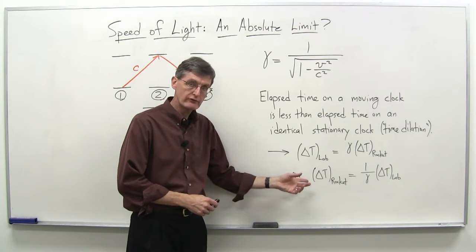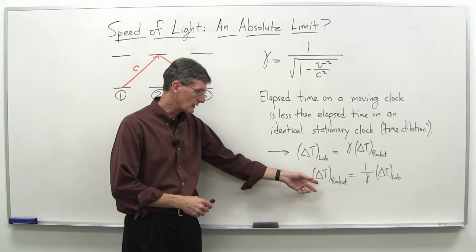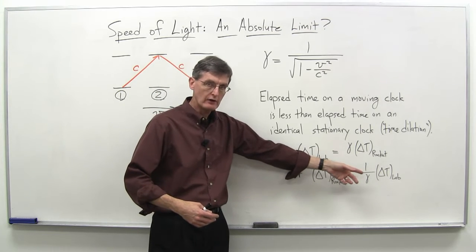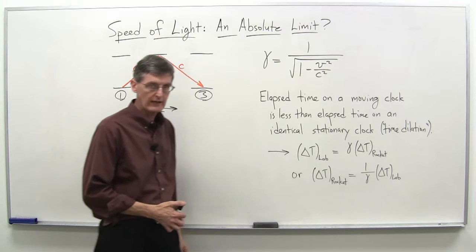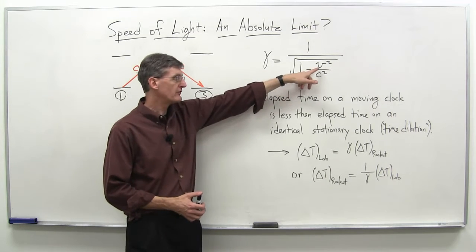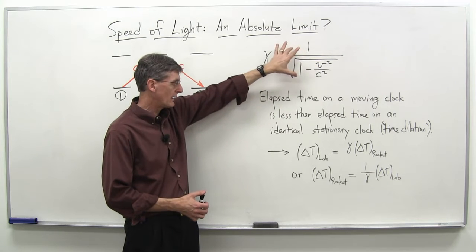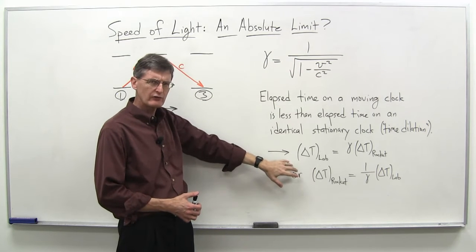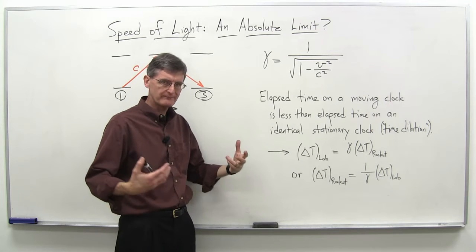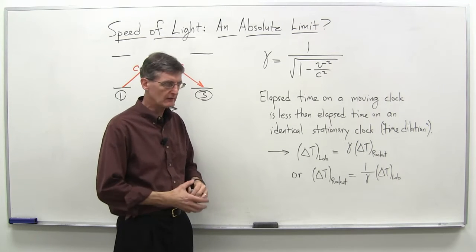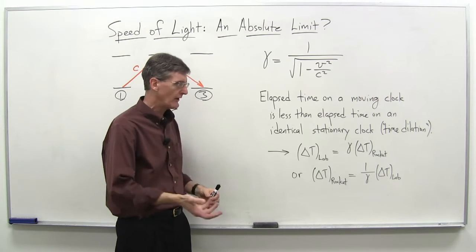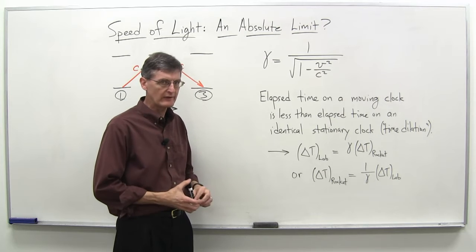Or just to reverse the equation, the elapsed time on the rocket clock is going to be less than the elapsed time on the lab clock by the 1 over gamma factor. Well, what if gamma is infinite? What if we put c in here and make gamma infinite? Look what that indicates with our time dilation equation. Well, first of all, we haven't encountered anything in physical reality that is an infinite quantity. So even if the math says it's infinite, we say we can't have that physically.